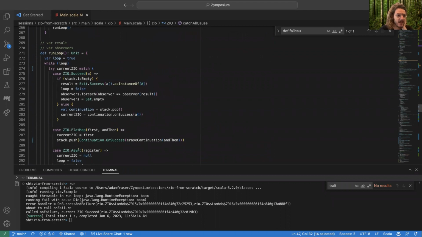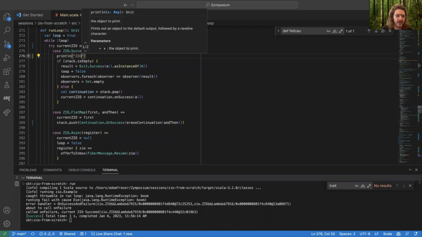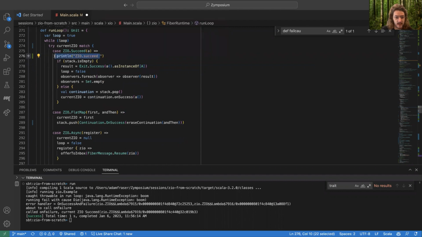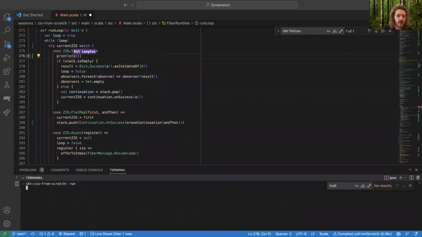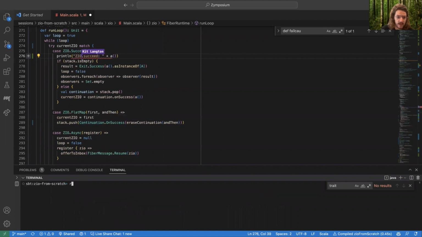Let's see. Print line debug. Did I screw something up with debug? I don't think so. And it's definitely not calling debug. So that's the odd bit. Called on failure, current ZIO succeed, lambda. I wonder if somehow we have a doubly nested ZIO. Let's print out what ZIO succeed is for sure. Should we do it like succeed? What's that?